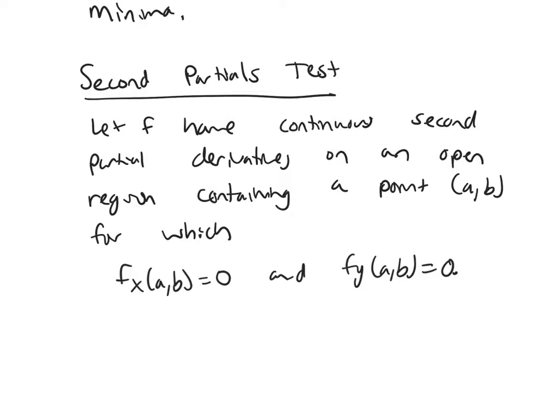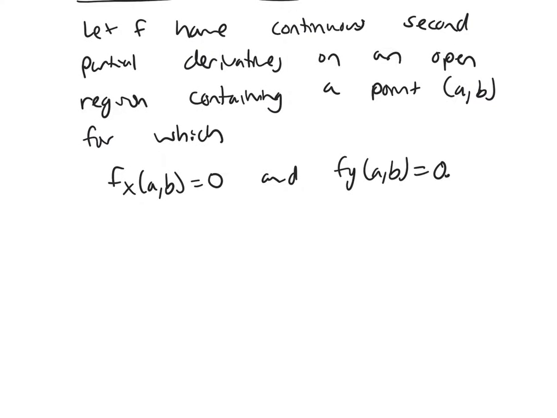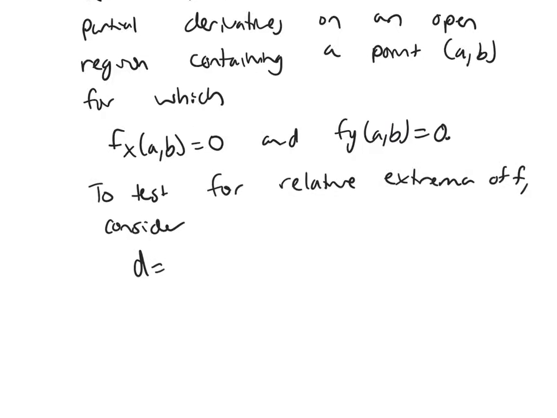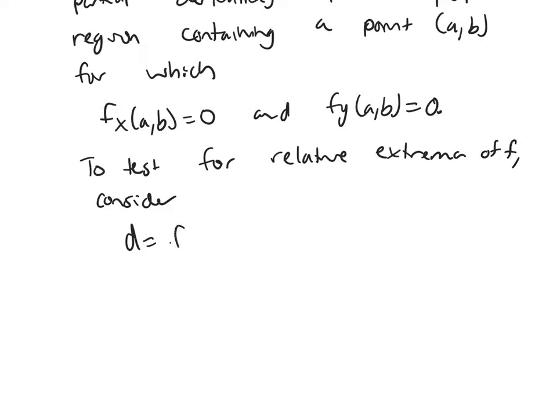So this is a critical point where your partial derivatives are 0. And so now we're going to test for relative extrema of f. Consider the following value D, which is going to be defined as your second partial fxx(a, b)